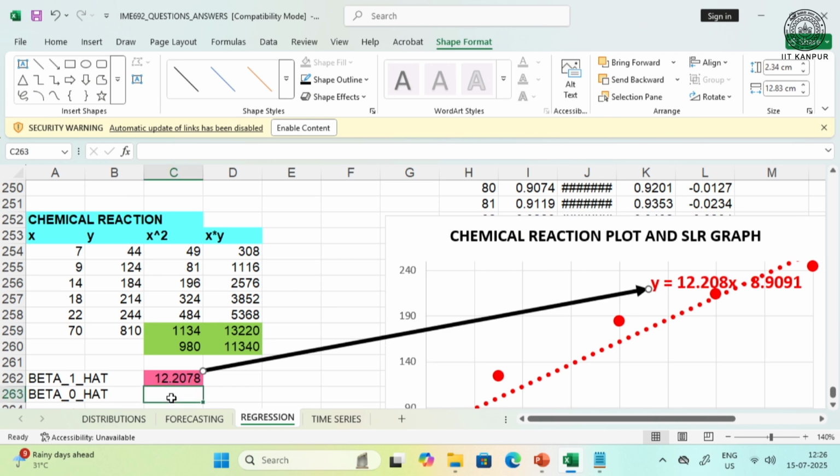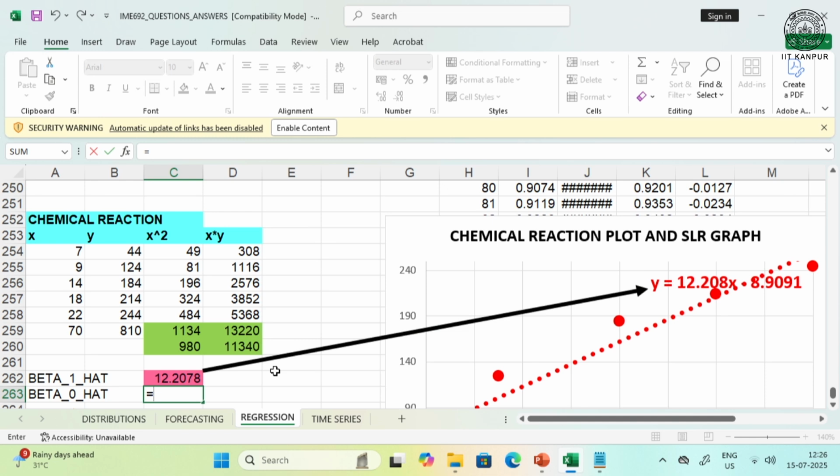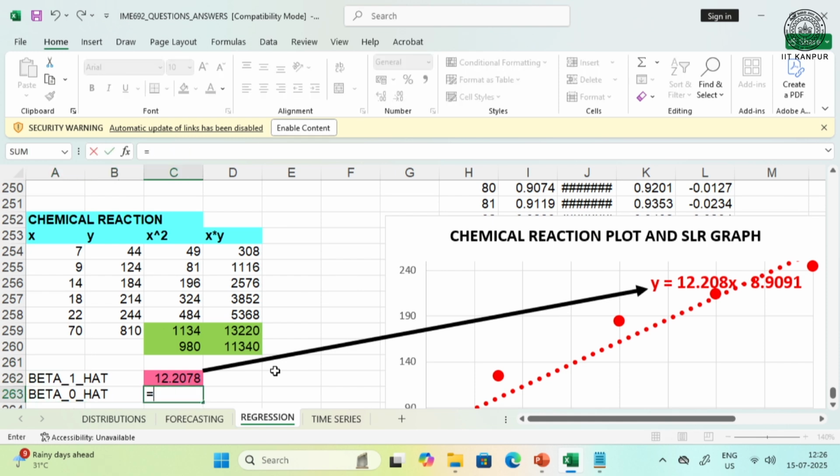and I need to find out now beta naught hat. Beta naught hat is equal to y bar minus beta 1 into x bar. We have not found out y bar, so let me find out y bar. Y bar is, the sum we have found out, so that would be divided by 5. So y bar is 110 by 5,